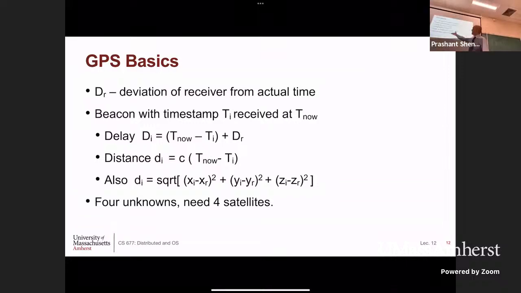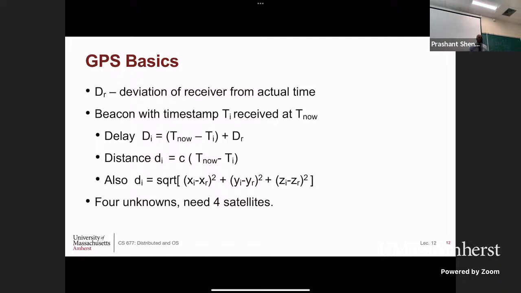Okay, so this is basically a recap of whatever I said. The delay that you are essentially going to see is t now minus t plus the clock drift, that is actually that delta, but it has a slightly different term here. Distance is t now minus ti. But you have to add that thing there, and here is the other distance formula, that's square root